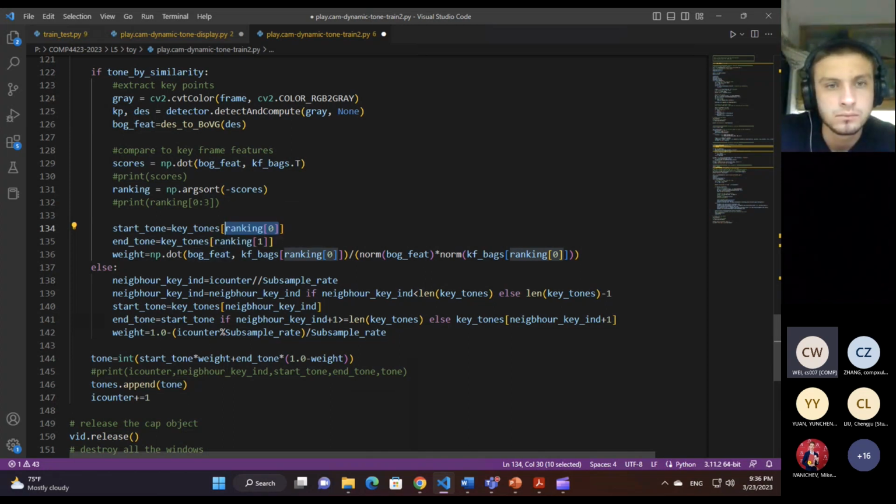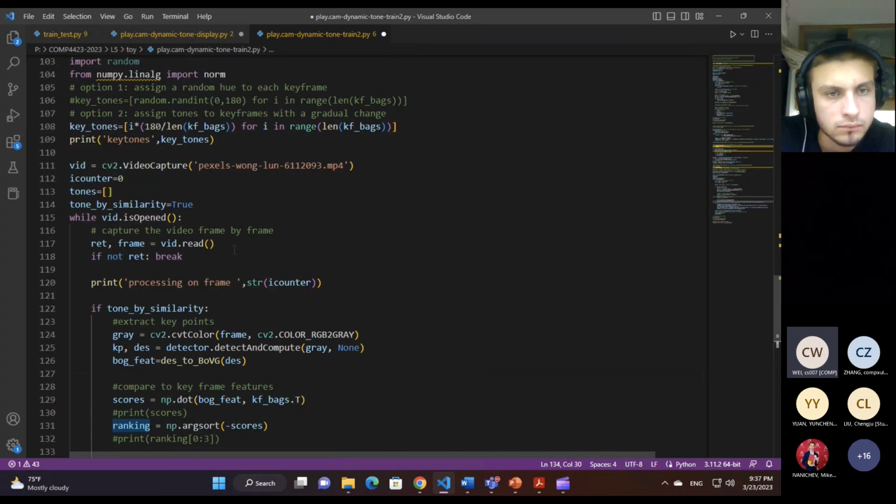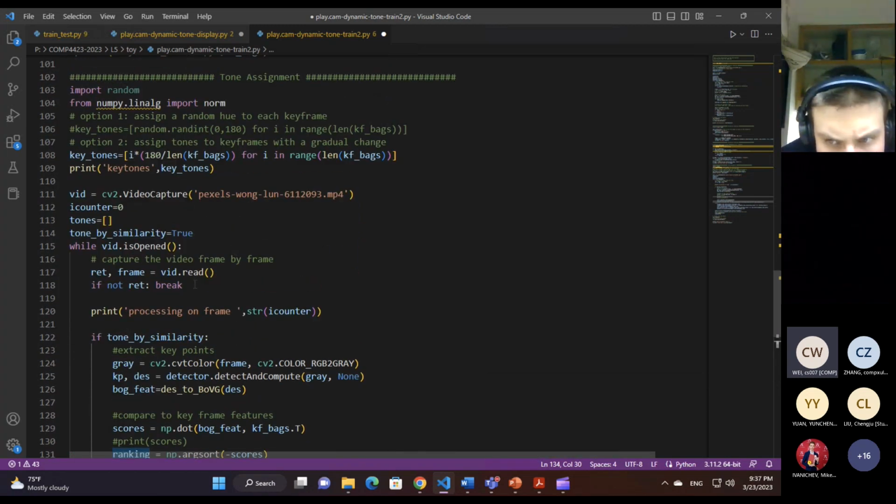When you see here, we get the first elements, because we're sorting the similarity using argsort. Argsort will give you the indices rather than the sorted scores. So by calling rank 0, you are getting the index of which keyframe, because here, if you go here, you will see